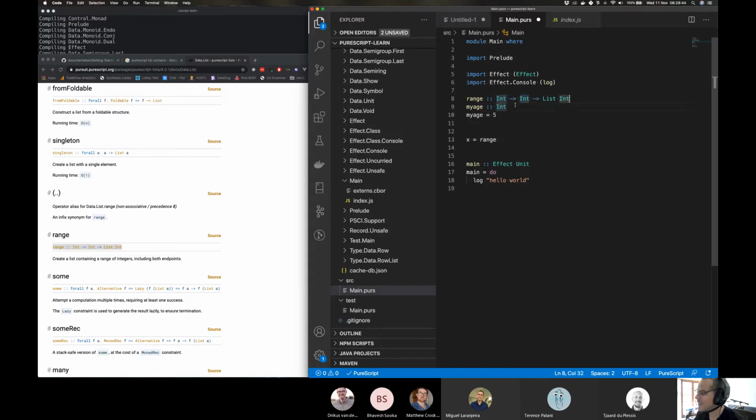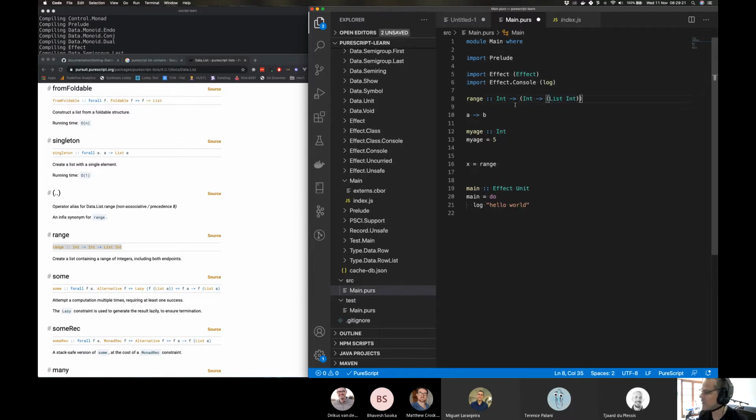So Miguel described it perfectly, but effectively the way you would break this down is it would say range is of type, and you can see it's an int. Types must always be like, functions are always something to another thing. This extra arrow thing here is not supported. So a thing to another thing means it's a thing to this thing. Do you know what I mean? And it turns out that thing on that side is, oh, look, it's also a function. Does that make sense? So once you bracket it, you can start to decode it.